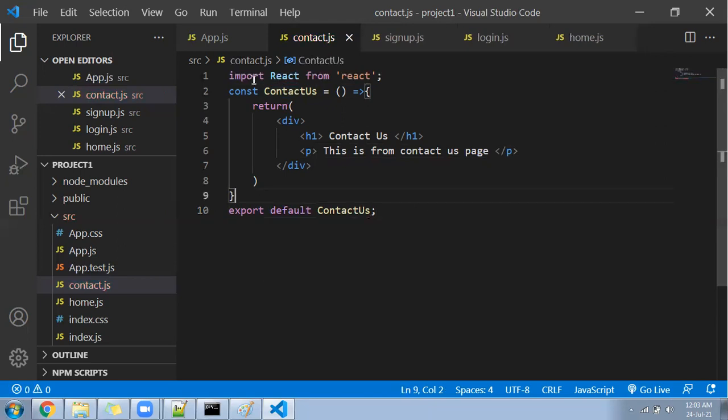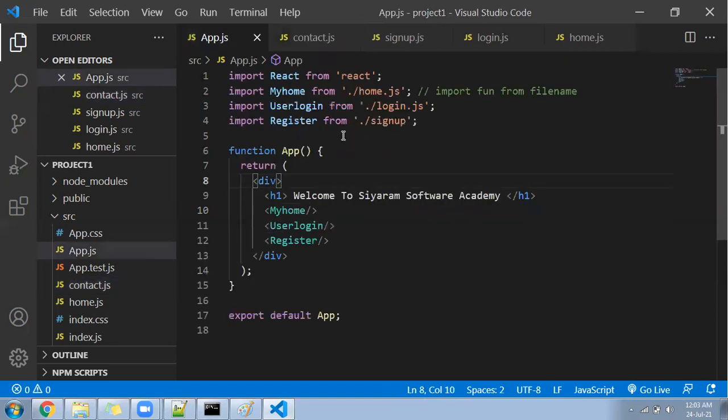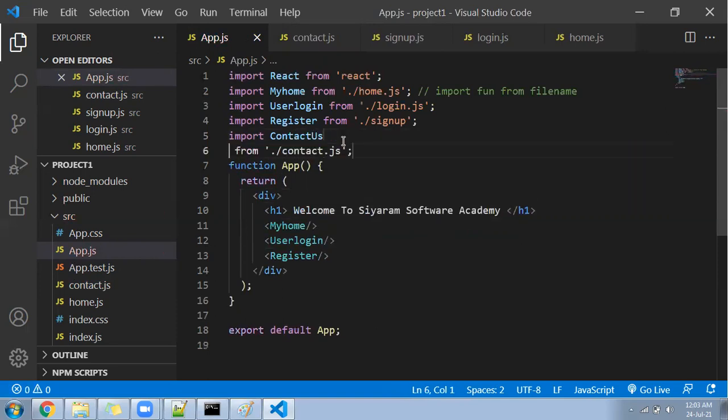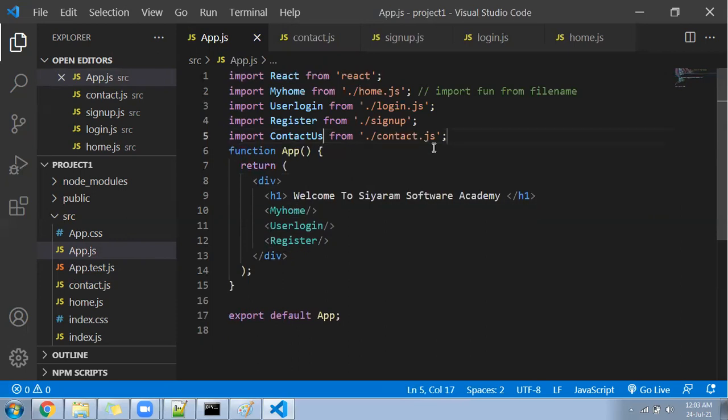So we can go again to the app.js file, and inside the app.js file we can import the contact us component. Let's come here, write again, import contact us. Just the auto suggestion I selected, it came here.